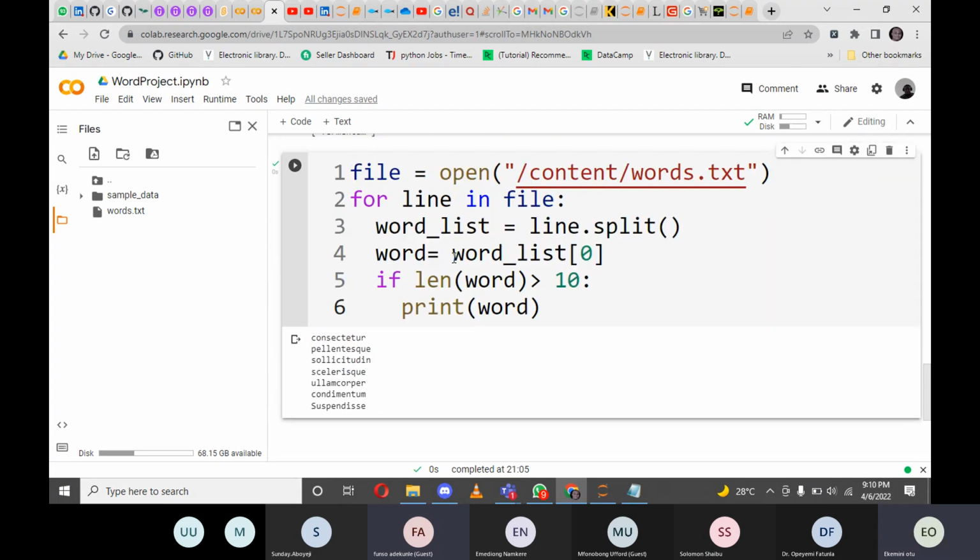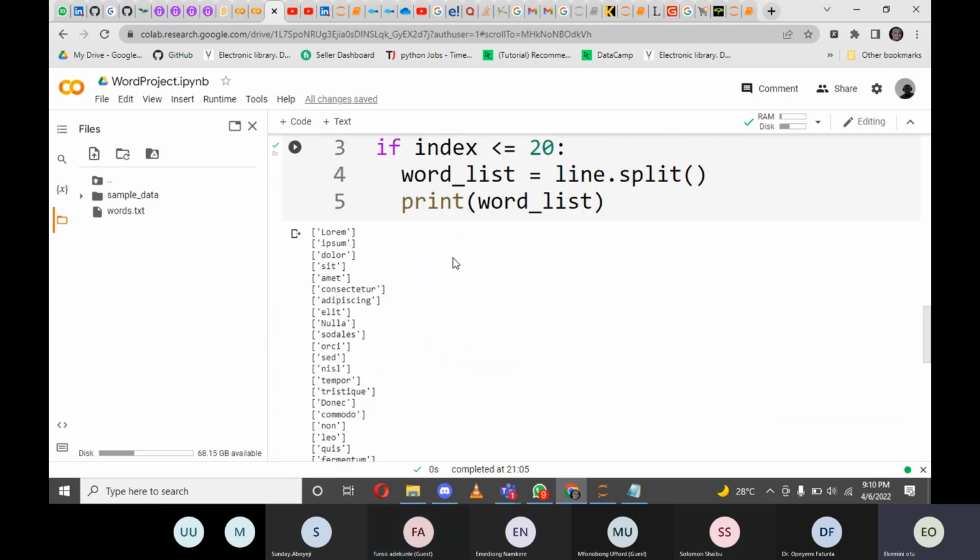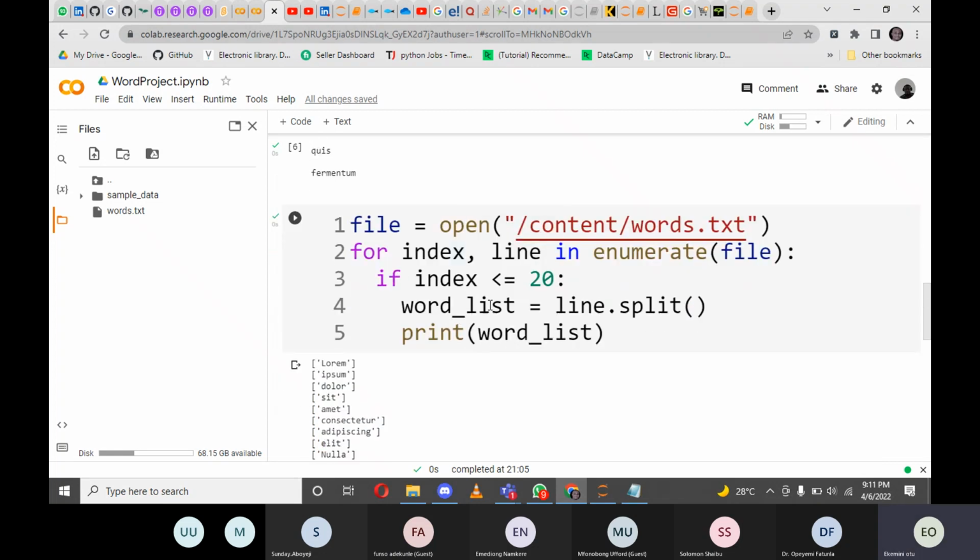Look at line 2. For line, there is no comma in this one. So I want to know what's the difference. Okay, sir. Thank you very much. I'm going to explain now. Okay. Why did we use